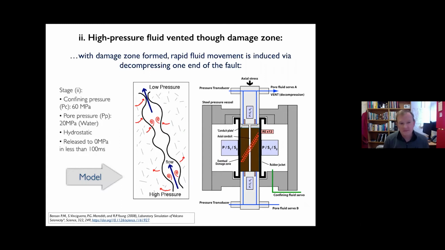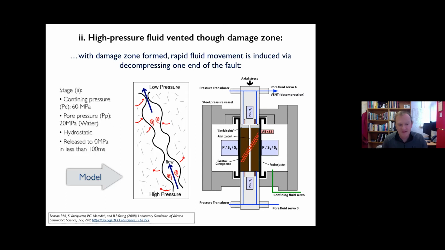Part 2, as I said, with the damage zone formed and mapped out using those acoustic emission locations, we can now start to play about with the conditions required to generate low frequency events. So the idea here, the model, if you like, is that if we can stimulate rapid fluid flow through that damage zone at a sufficiently high speed, we can generate turbulence due to various pinch outs and bottlenecks and rock microstructural features, which are analogous to the kind of low frequency data we see in the field, but under controlled